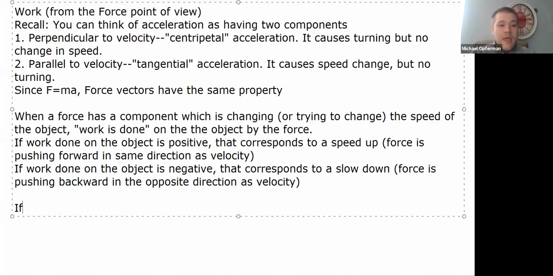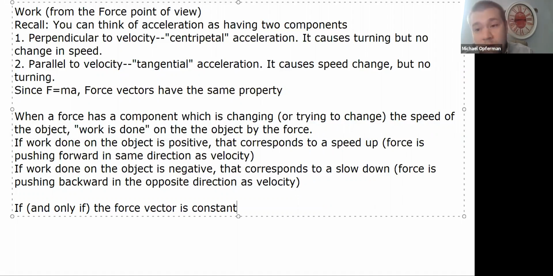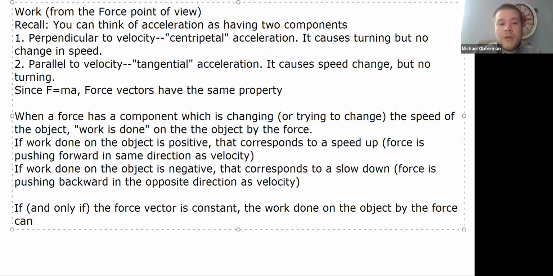Okay, if and only if the force vector is constant, this is the only case I'm going to cover in this video and in this course, because if the force vector is not a constant vector, the math gets more complicated and you have to bring some calculus in. So if and only if the force vector is constant, the work done on the object by the force can be calculated as,